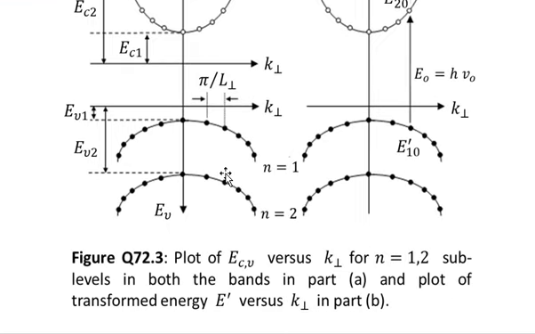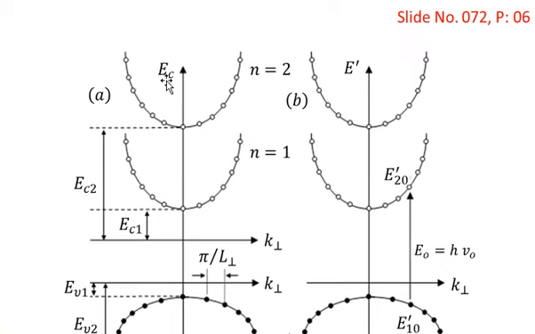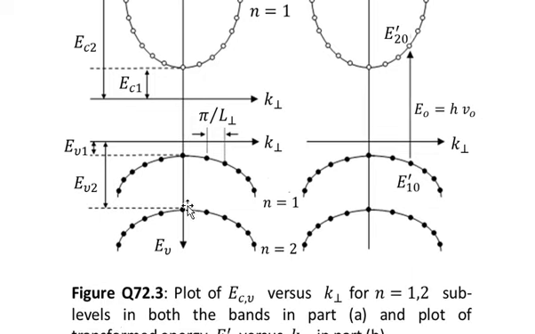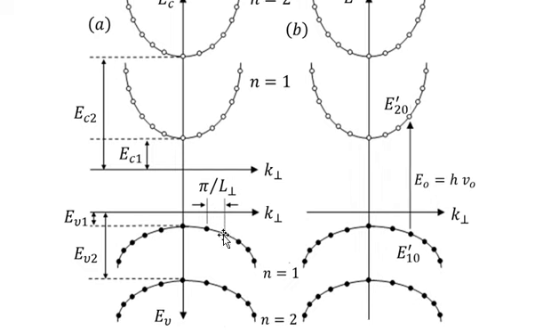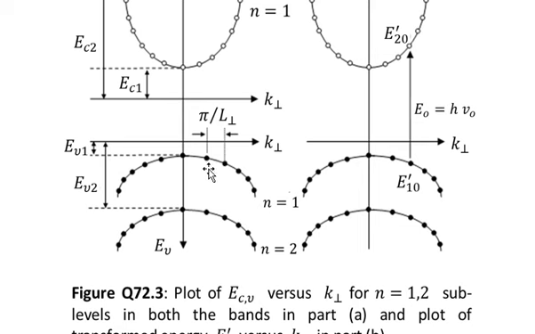So the electron states, which are the fully occupied states, exist in the valence band, and the empty states exist in the conduction band. So we can move the electron from the valence band to the conduction band by providing appropriate energy. And you see that here I have marked